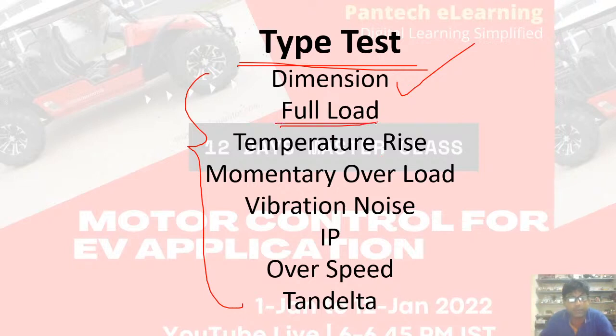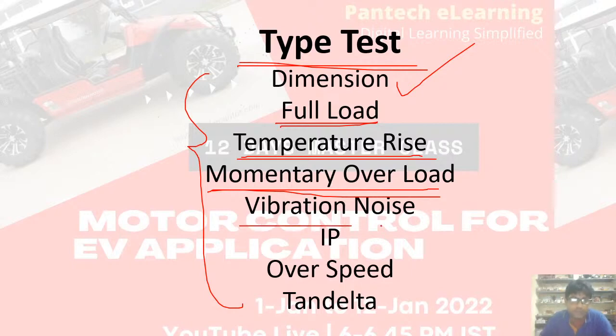The full load test: you have to load the machine and check the temperature rise. As I was telling, your cooling should be sufficient enough; the temperature should not shoot up. The momentary overload: suddenly some overload came, your machine should not stall, it should be capable of taking the transient. The vibration and noise,